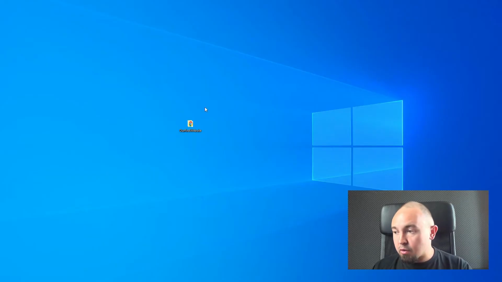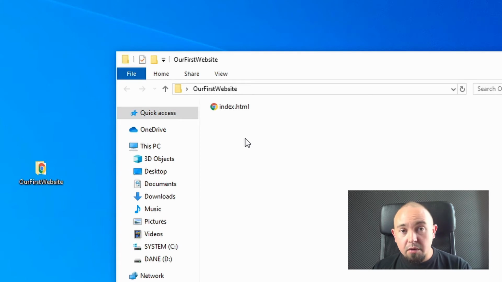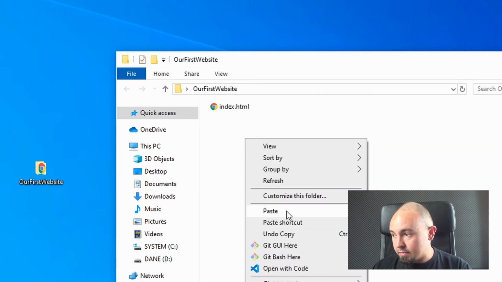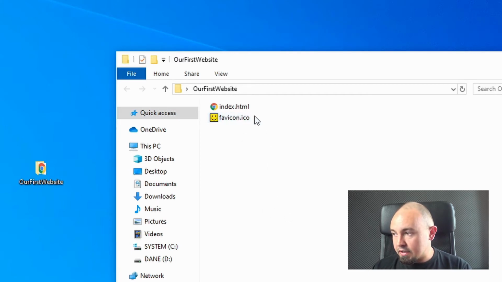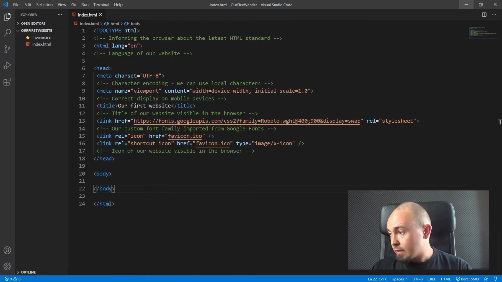So let's go back to our website folder. This is our index.html file. I already have my favicon prepared, so I'm gonna paste it right here. You can see it, this is the favicon ICO file. And now we're gonna see it in our code editor as well. As you can see,